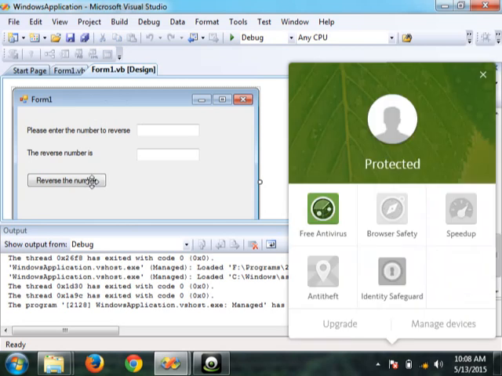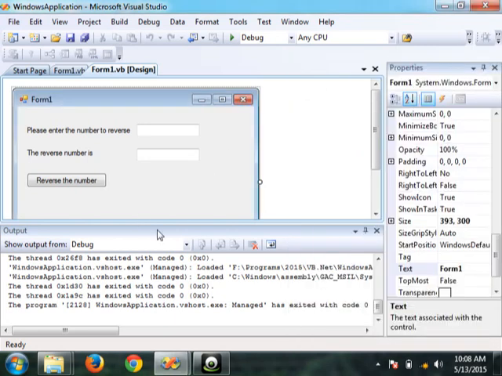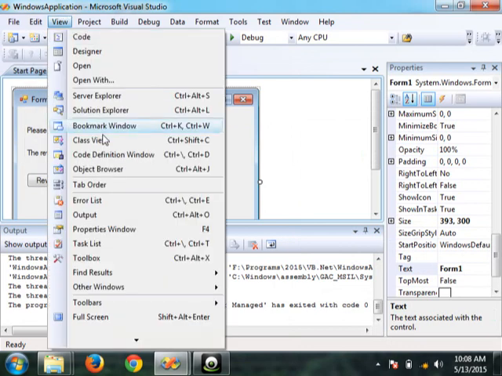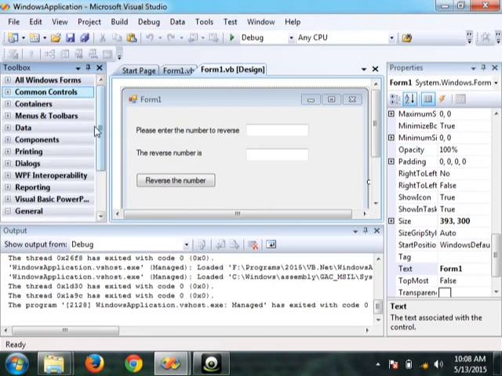Let me show you. This is one which you can see is a form because there is a cross button to stop. But more or less this is a web application type. So you can have tab systems and all also. Even these are possible here. So what I want to do now is put them inside something. So I will go for this toolbox again. That is the toolbox. Now I'll minimize this, and you can see there's something called containers.